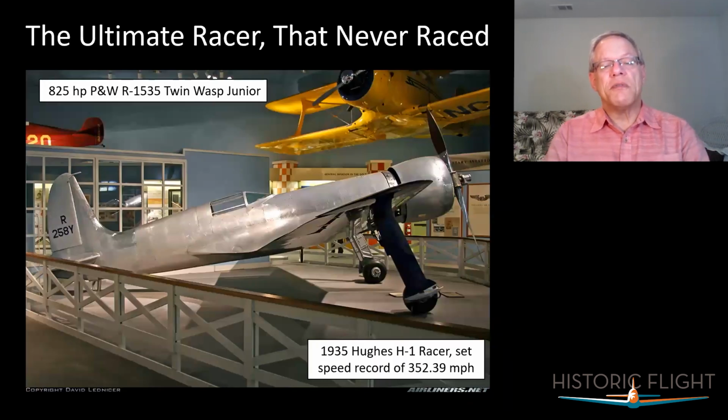The ultimate racer was Howard Hughes's H-1 racer there, designed by Dick Palmer at the Grand Central Air Terminal. And it was unveiled in 1935. It's all metal. If I remember right, there were two different wings you could have on it. One was for closed circuit racing, and one was for the Bendix Trophy race. So the Bendix wing was a longer span. And if I remember right, one of them was wood, the other was metal. But otherwise, you can see the fuselage is gorgeous. It's all metal. And powered